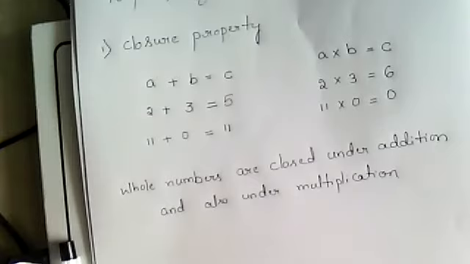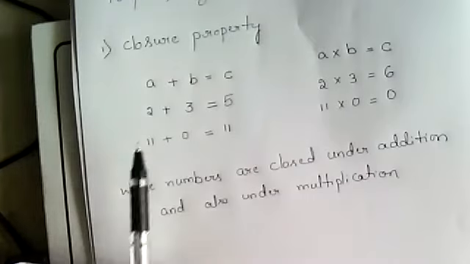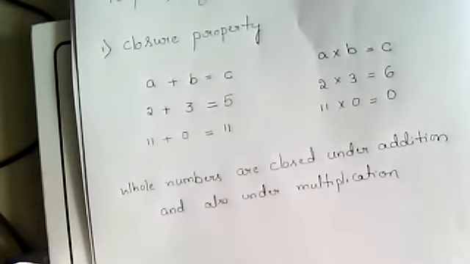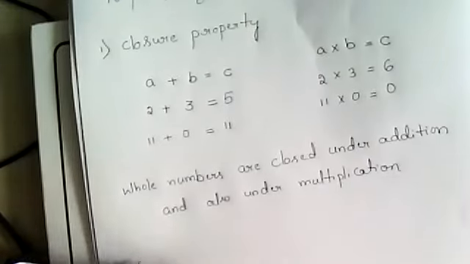So, this is the basic property, closure property. This is the first property we are learning in whole numbers. Okay. So, I hope everyone understands. If you didn't understand anything, just text me. I will clarify your doubts. Okay. So, we checked addition and multiplication, right? We checked addition and multiplication under closure property. Now we will check subtraction and division. Okay. First I will check subtraction.